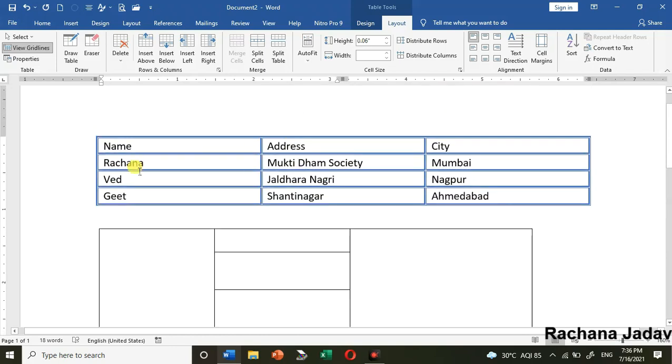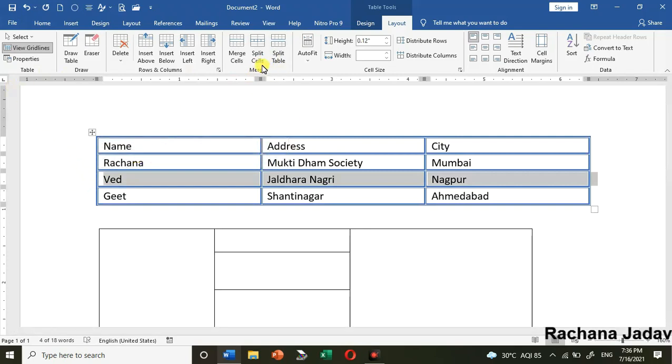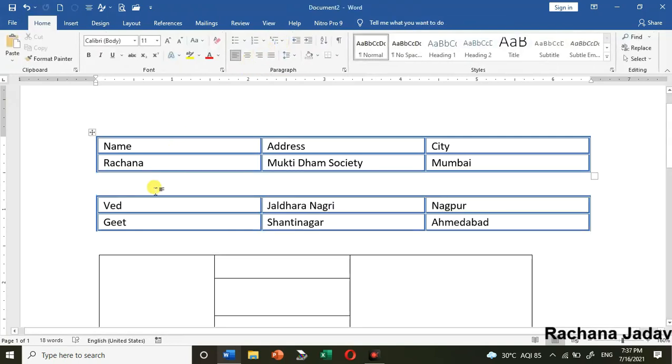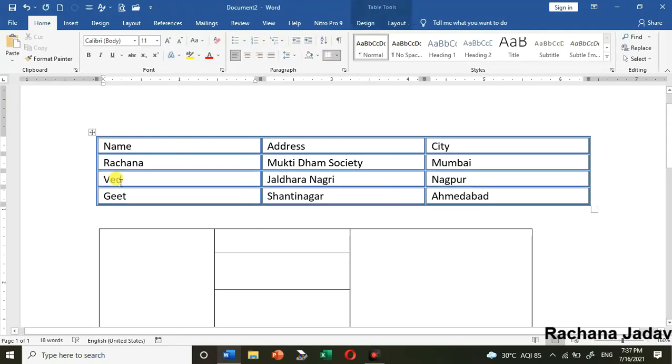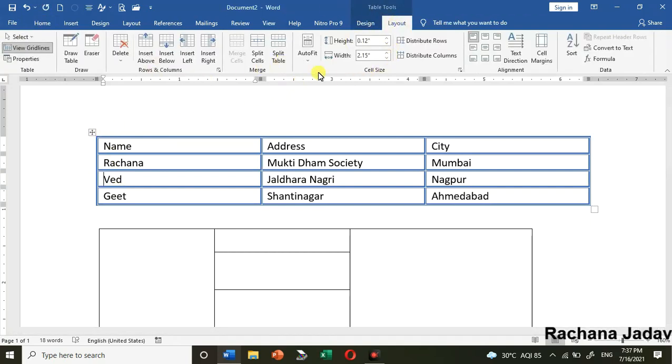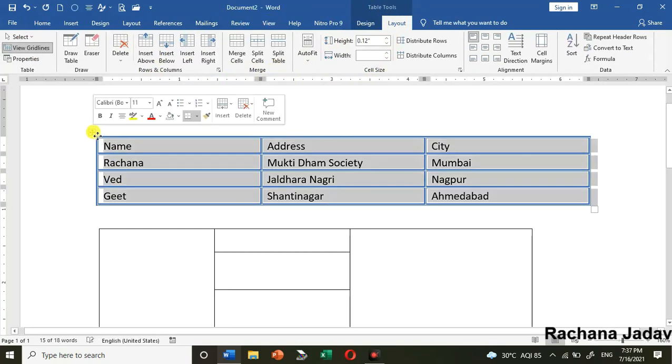Now after that we have split table. Split table means you have to split it, right? So when you click on split, what will happen is, from where I have placed the cursor, it will split the table. And if you want to join it again, you will press the delete key. Where your cursor is, you can see I'll press delete, so it will again be combined, merged over there. Okay.